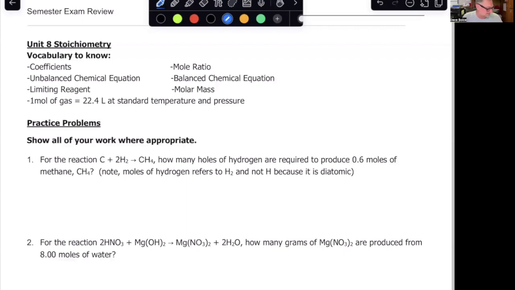First off, stoichiometry. Let's think about this as your stoichiometry island chart. This is the kind of thing you're going to want to write down on your note card that you get to use on the test if you finish a review. And that is, you can start at volume, mass, or molecules. All right. And then from there,